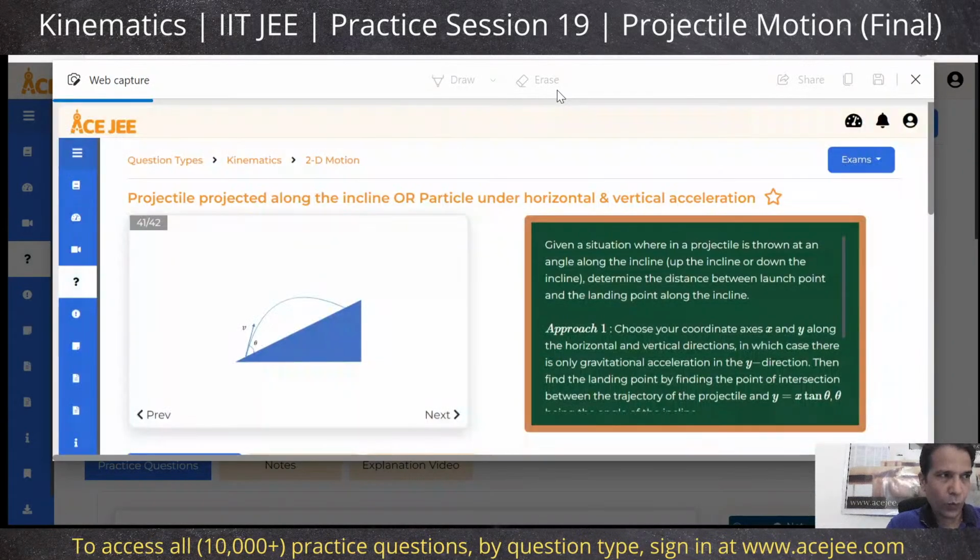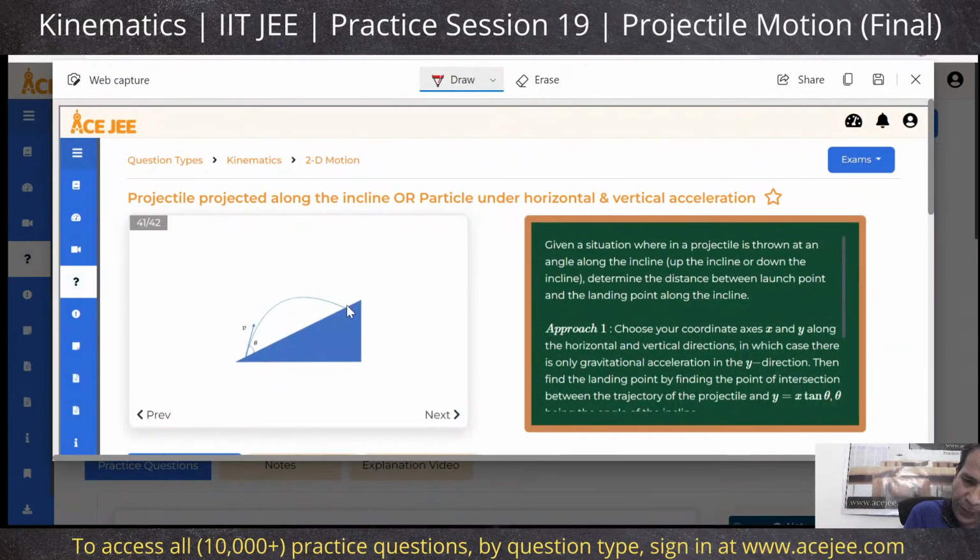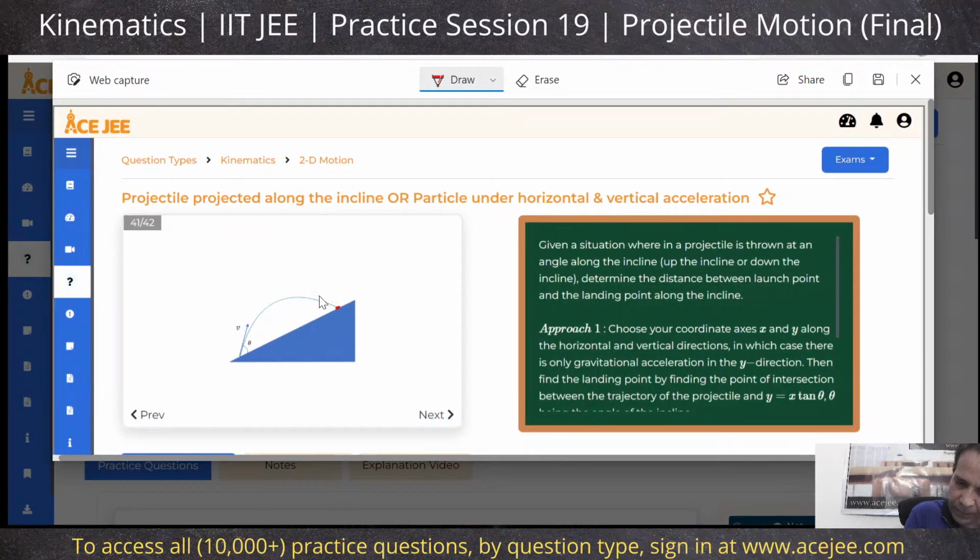So the question is, what all will change if we throw the projectile downward? When we take this angle as the angle of projection, and now the g has two components, g cos alpha and this is g sine alpha. So the two equations will then become